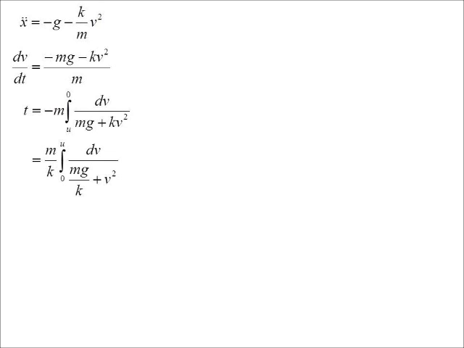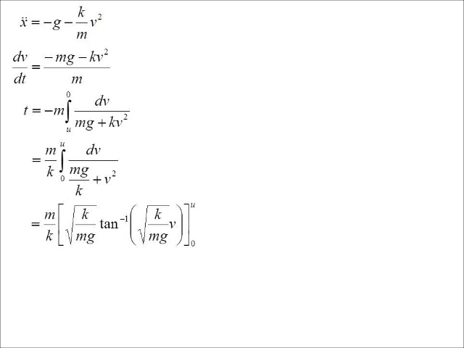Now, integrate, we get 1 on a. A in this case will be the square root of mg on k. So 1 on a, turn it upside down, square root of k on mg. And then it'll be inverse tan of x on a, well x in this case is v, and again the reciprocal of a is the square root of k on mg. All right,